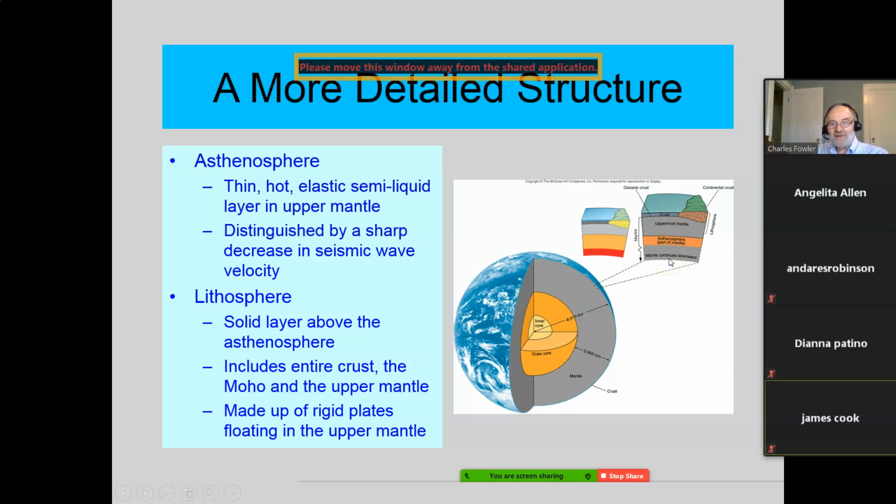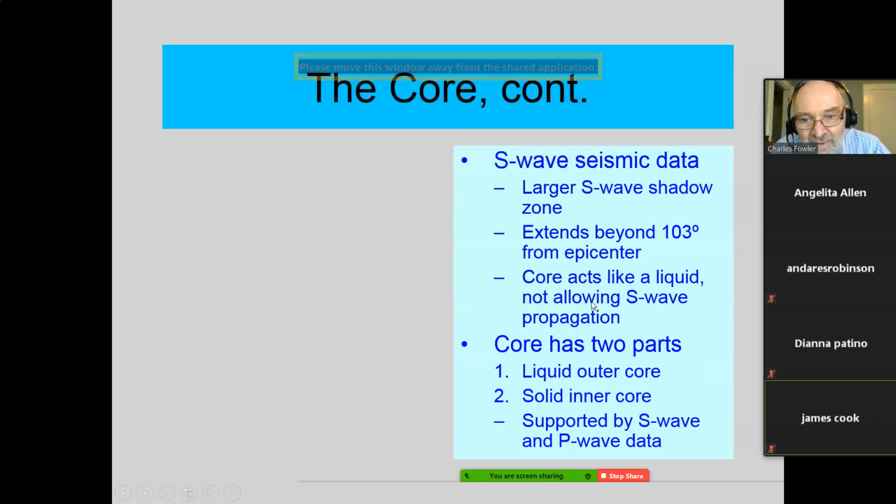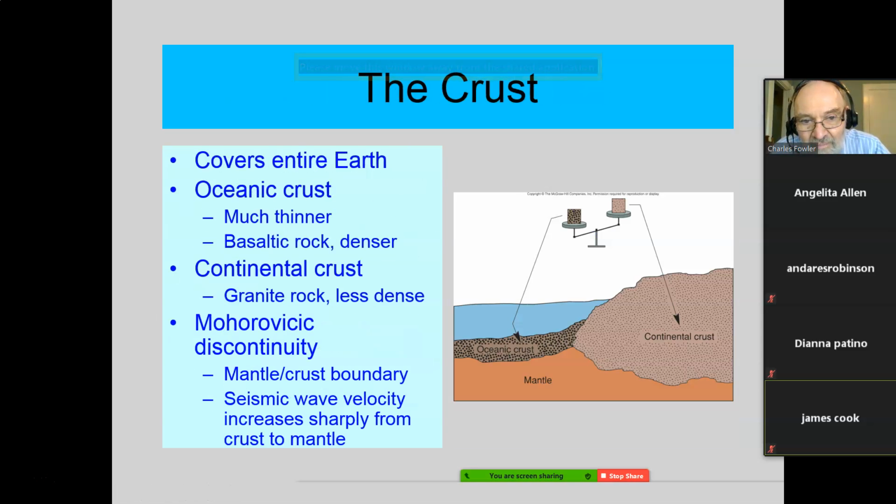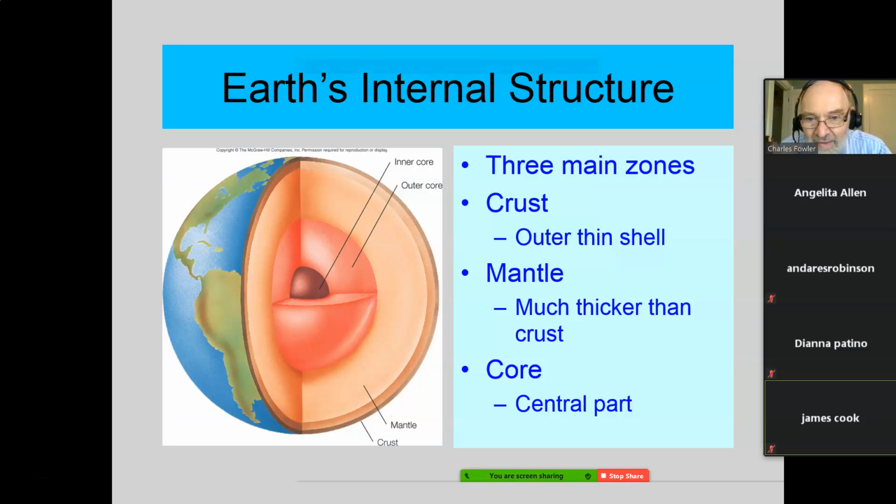Let's go back to our former slide. Well, actually, we can use this one. Now, this doesn't show the crust as well. The crust is out here, thin. Then we got the mantle. Then we got the outer core and the inner core. What is not being shown here, let's go back to the other one. It shows it better. Okay, this one right here.